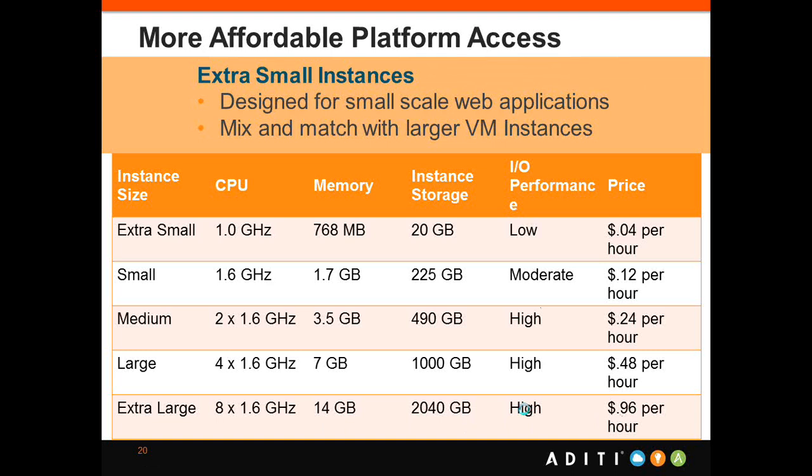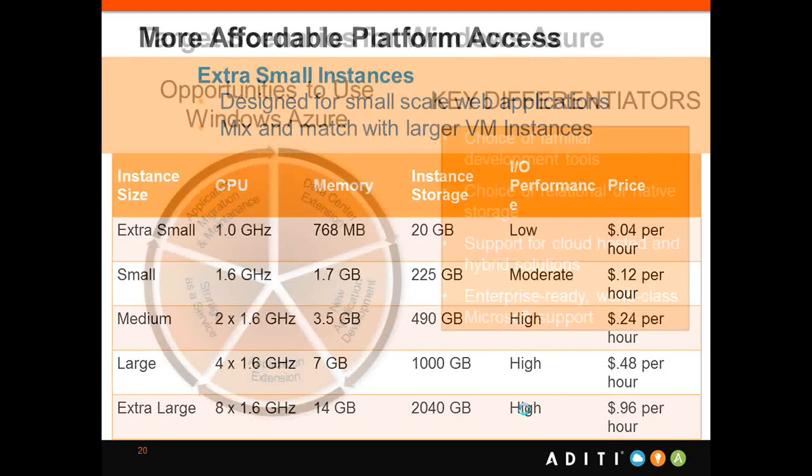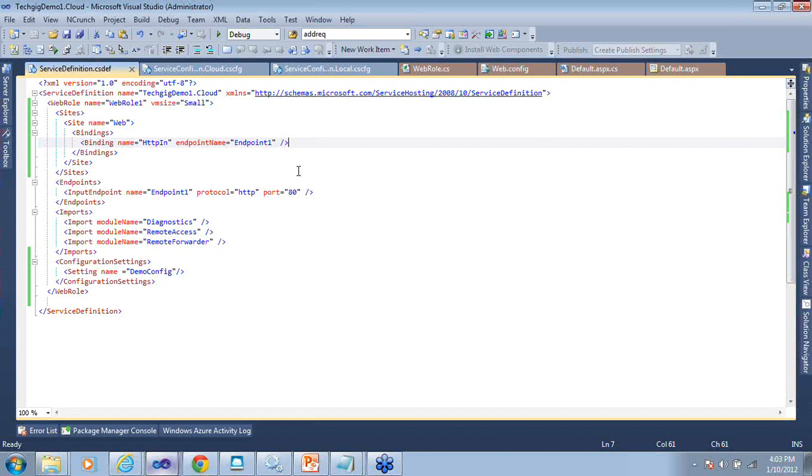Before you come back here, I'll show you where to configure that. Here, in your service definition, you have to say that you cannot change it as of now in the runtime, but the 1.6 SDK they have provided this feature. So here VM size is small, which means I'm going to get 12 cents per hour. If I want to just make it medium, I can just make it medium, package and deploy. If I want to make it large, just change it to large. VM which you get allocated for this size which you provide in service definition.